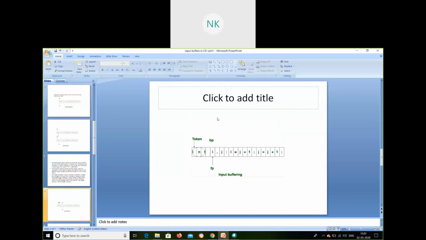So the token has been found, and BP and FP will be pointing to the next meaningful variable, and it keeps scanning. What is the disadvantage when I have an input buffer? The buffer will have less space. For example, I have one buffer and I'm trying to put all my variables in it. I found it is over. Again, I have another line which I have to put in the buffer, so it will be overwriting. Again, it will start from the beginning. So the data which we put in the buffer will not last long, it will be overwritten.